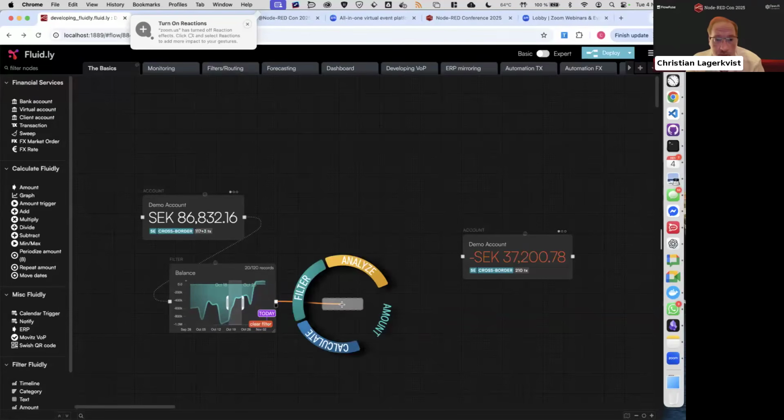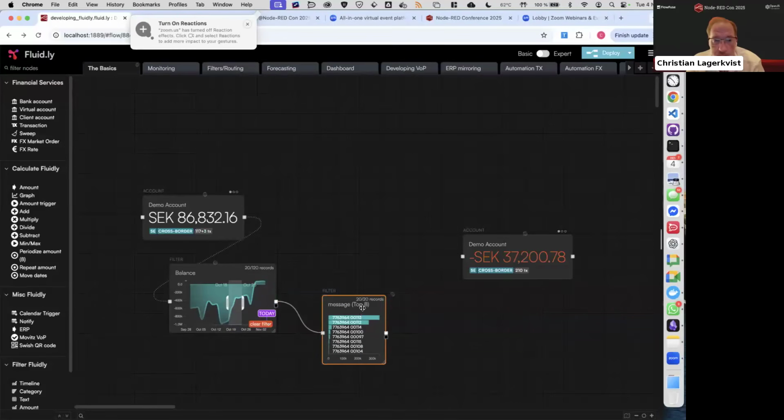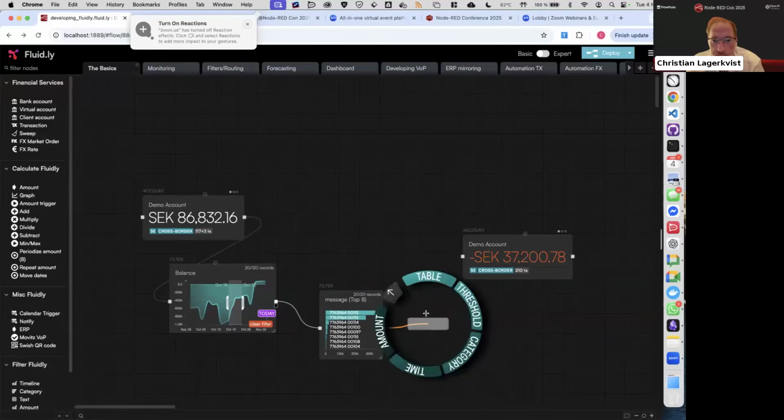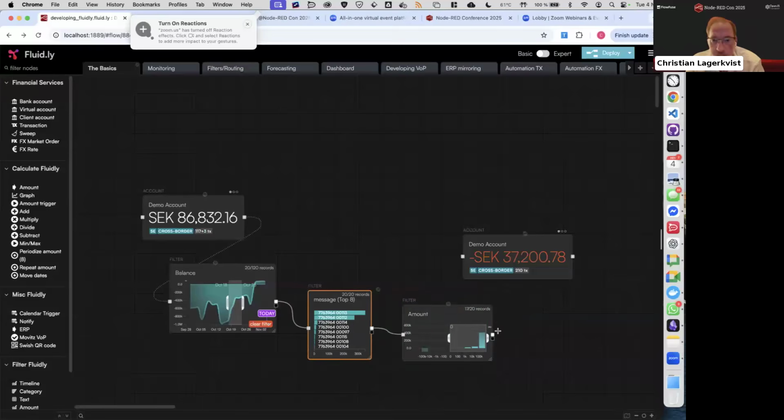I could also pipe this to another filter, say a category, for instance, or pipe that onto an amount filter like that, and put the amount node here instead. So whatever selection I do is constantly pushed forward in this chain of filters.